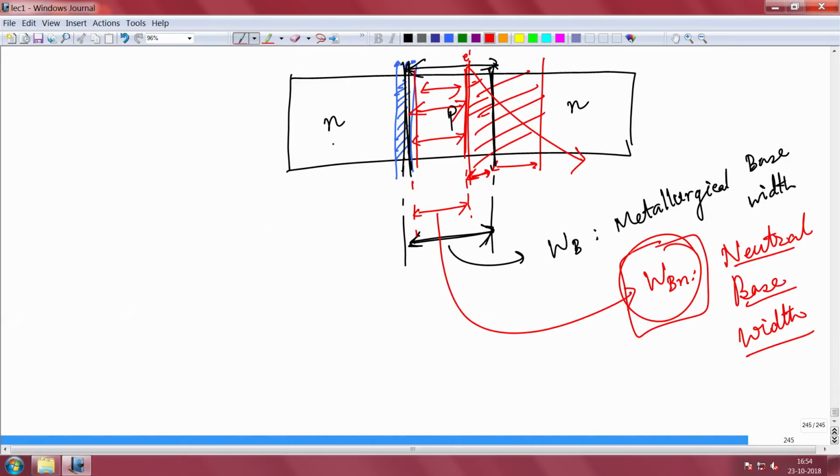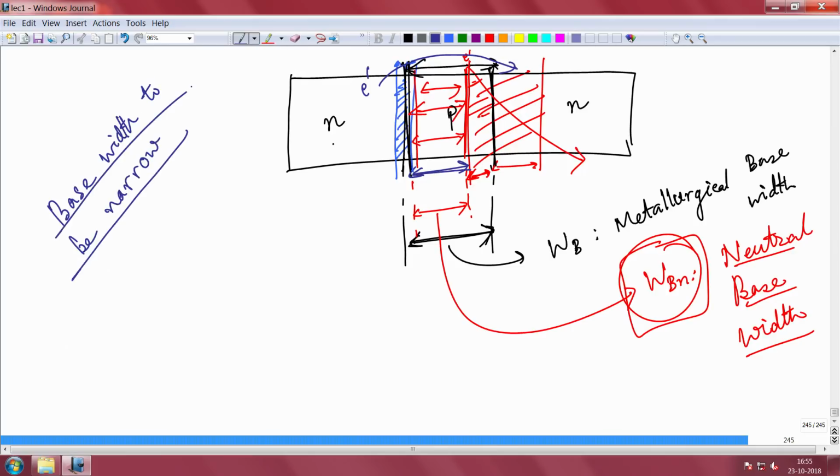Now from your logical insight, from intuition, you know that when I am injecting electrons from the emitter side to the collector over the base, they will recombine in the base, and there is a base recombination current, we all know that. We want this base width, the neutral base width, to be narrow. Why? So that maximum electrons that I am putting can quickly go to this side, I mean they can be swept away this side.